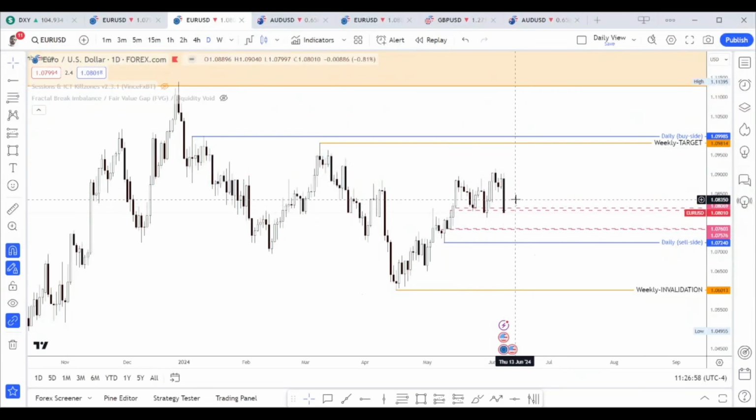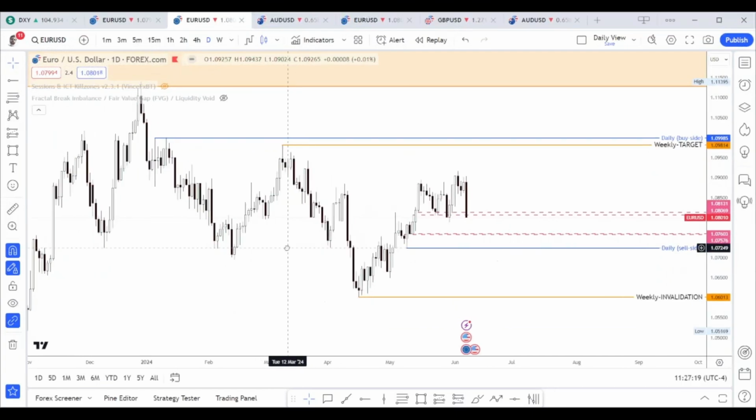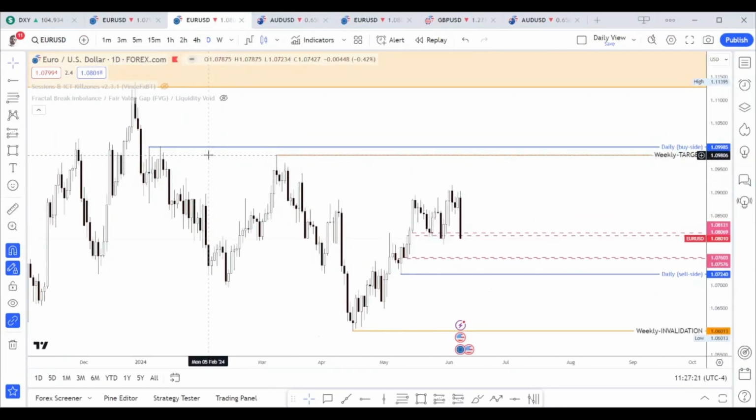Right now, it seems like it's heavily bullish, and my daily sell side, or daily invalidation point, I would say, is this level. Although there's a smaller range in between, this range, and the bigger one, I prefer to keep it like that. So you can see that my daily target is higher than the weekly one. Sometimes that can happen, and that is okay. It really does not matter whether I take this level or these levels, both are equal to me. For now, it doesn't concern me.